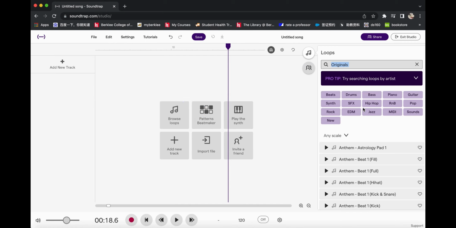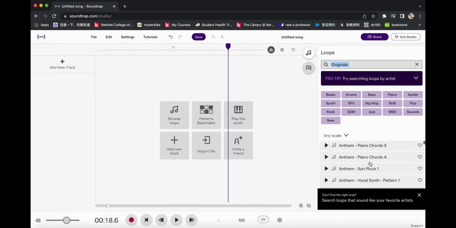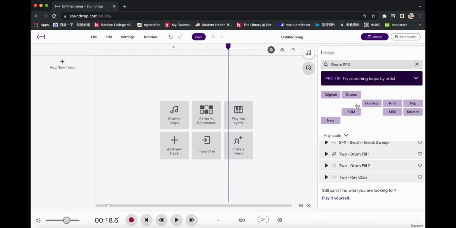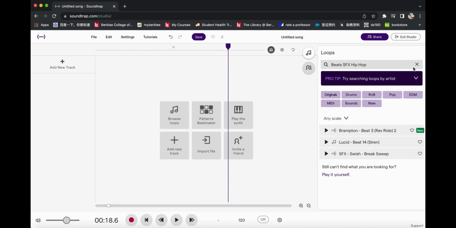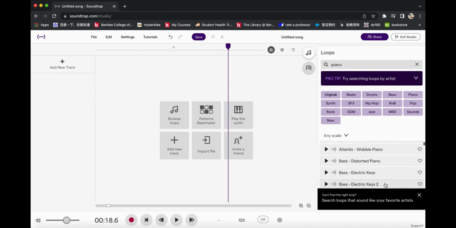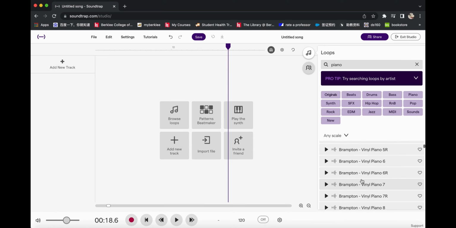Click that and it will pop up all the loops you can use, and you can change whatever you want. The types, like the genres, hip-hop, R&B, you can choose. And also you can type piano like this. Alright, so all the piano loops are here. So for beginners, I strongly recommend you use loops if you don't know how to play piano or how to play any instruments,